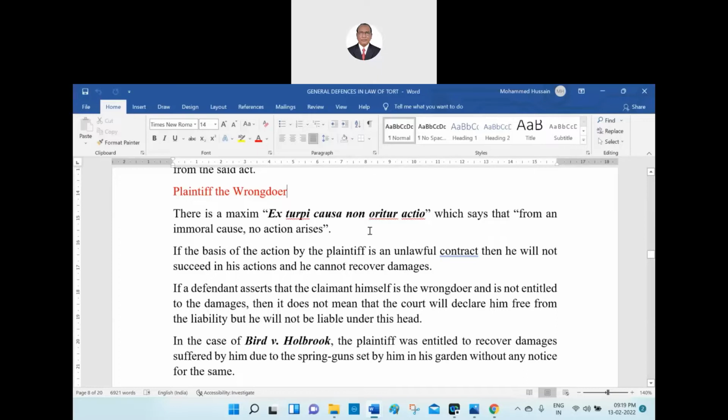Now let us see the second defense, plaintiff the wrongdoer. If the plaintiff himself committed a mistake, can he ask for the money? No. So now let us see. The maxim is there. If you write this maxim in the examination, I'm sure that the examiner will be inflated. Inflated means